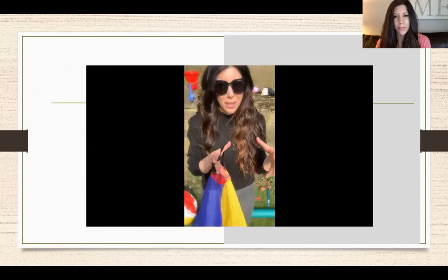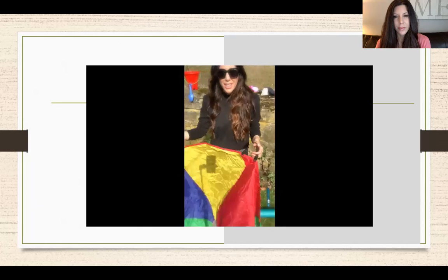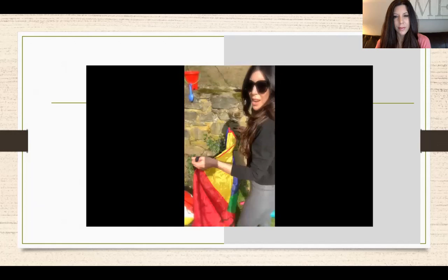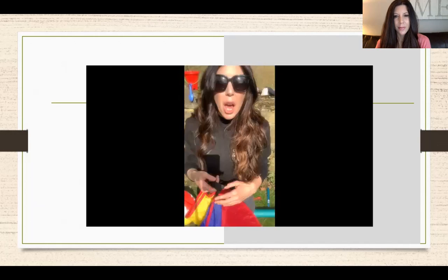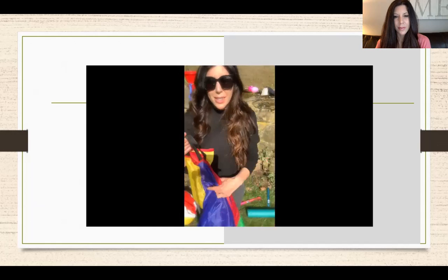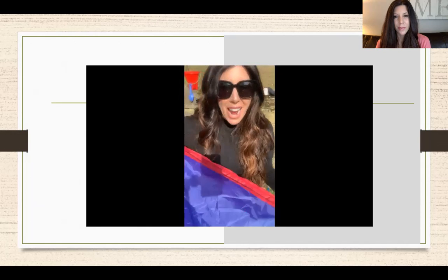I know a lot of us have the play foods, and you can have them hold it and toss it in and make a big soup, and they can stir it by turning, going around. Just using your imagination, your creativity goes a long way. But they're doing this, you can row the boat. So these are just some ideas. And I could probably try to show you some of these in action, but